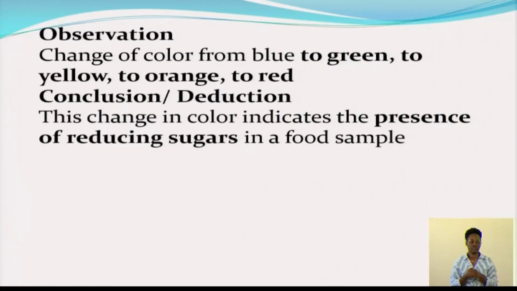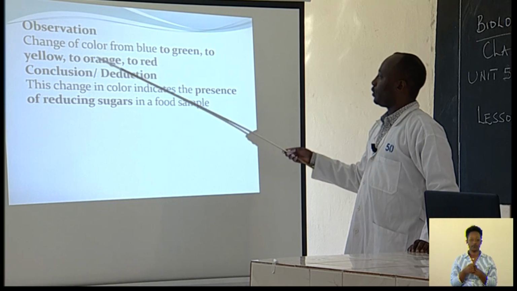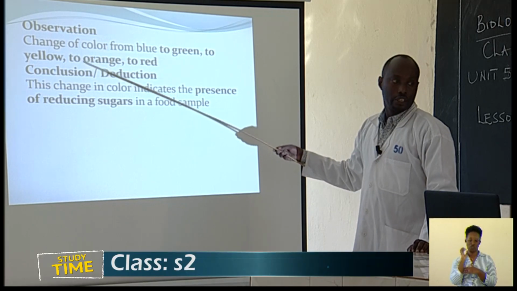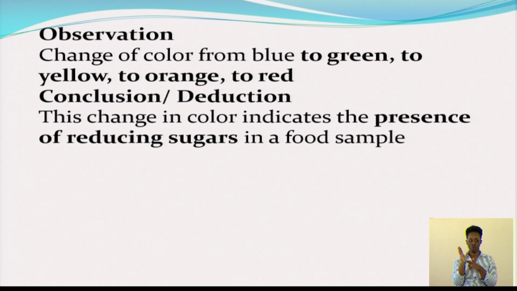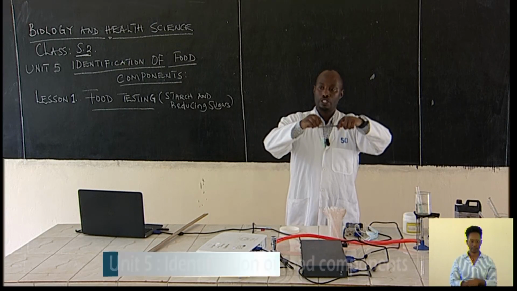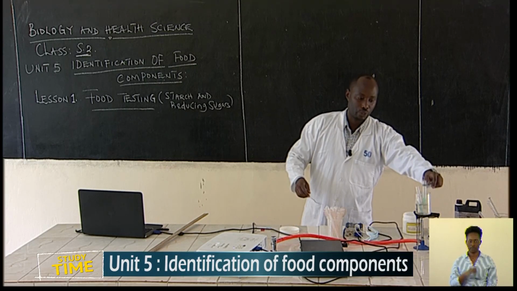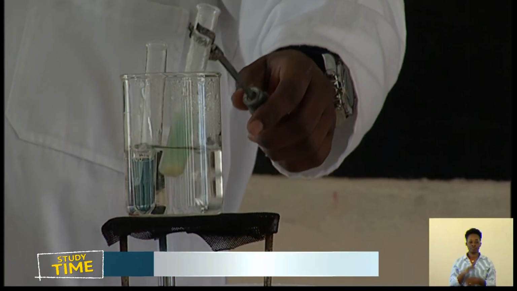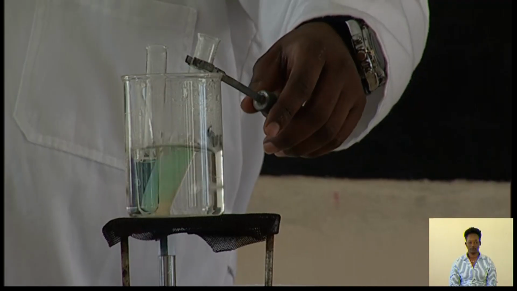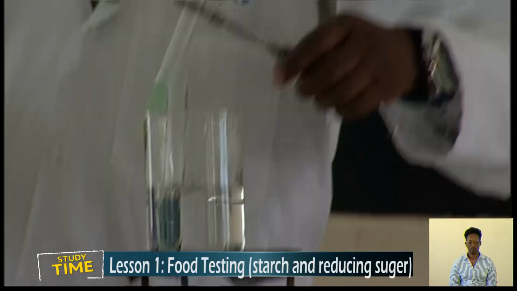Observation: the color is changing from blue, which is the color of the Benedict's solution, to green, from green to yellow, then from yellow to orange. Automatically, we have already seen the color green. The green color is being observed from the observation we are doing now. Then from green, it will change to